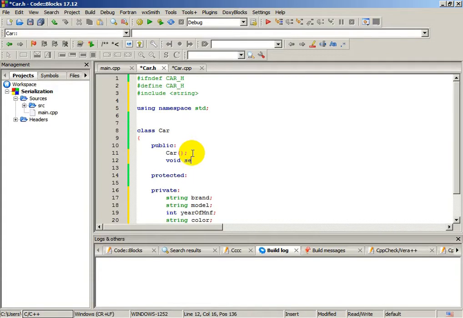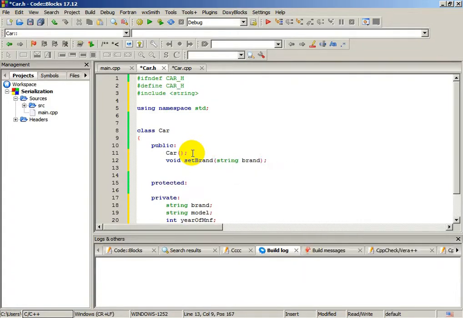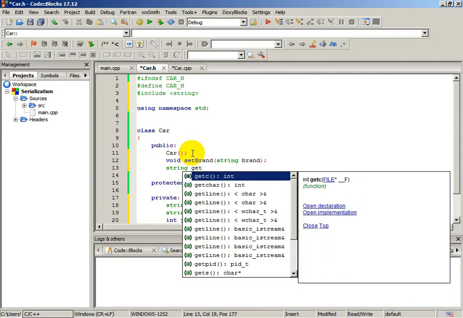Void set brand, with string brand as a parameter, string get brand,